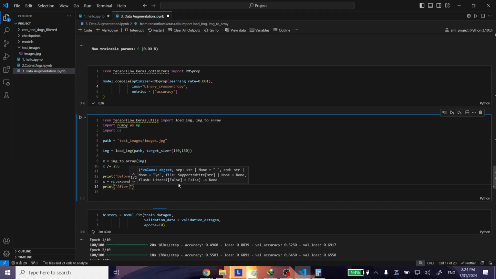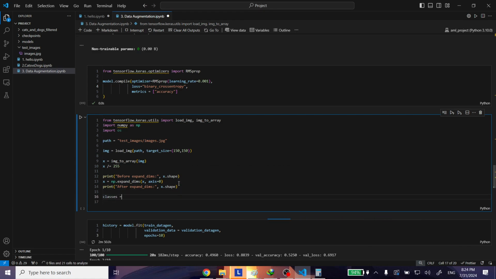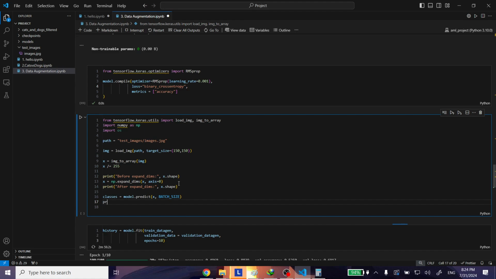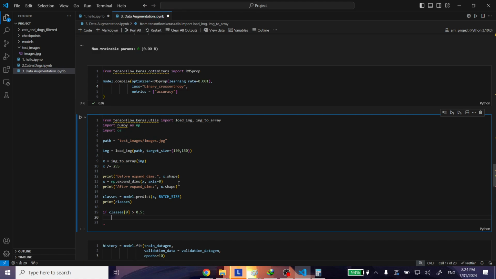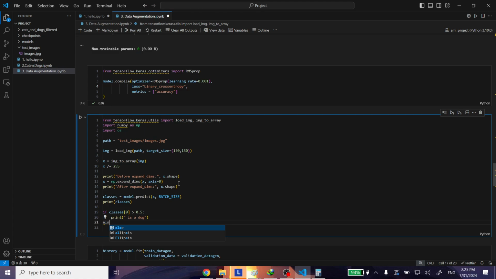And then we'll say after expand dims, x dot shape, and then we'll say that our class equals model dot predict x, and let's set the batch size to be about batch size, and then let's print the classes, and then we can say that if classes 0 is greater than 0.5, we'll say that this is a dog,